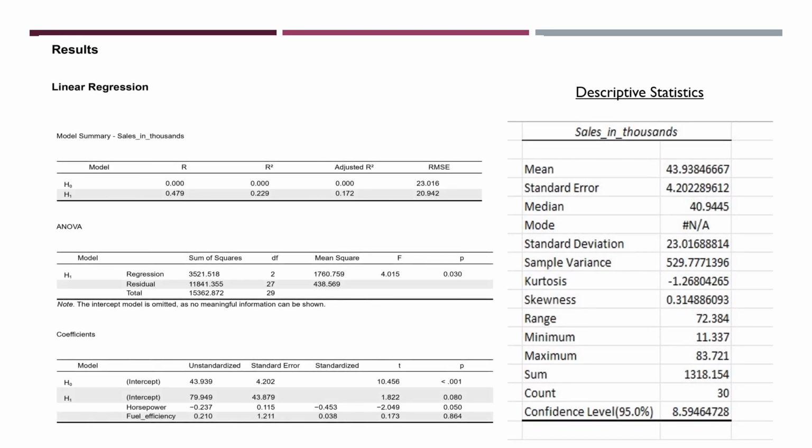And the fifth slide is all about the approach to model the dependent variable, car sales, based on the influence of two independent variables, horsepower and fuel efficiency. Our analysis yields valuable insight, starting with the R-squared value of 0.674. This metric indicates a moderately strong positive relationship between the car features and the sales. In simpler terms, 67.4% of the variance observed in car sales can be explained by the combined influence of horsepower and fuel efficiency